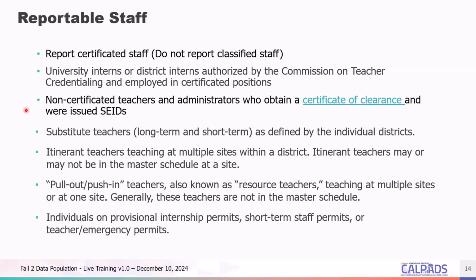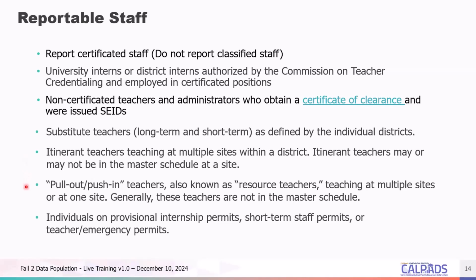And then you should report substitute teachers, both long-term and short-term, as defined by individual school districts. You should report itinerant teachers teaching at multiple school sites within a district, and itinerant teachers may or may not be on the master schedule at a school site. You should report pull-out or push-in teachers, also known as resource teachers, who are teaching at